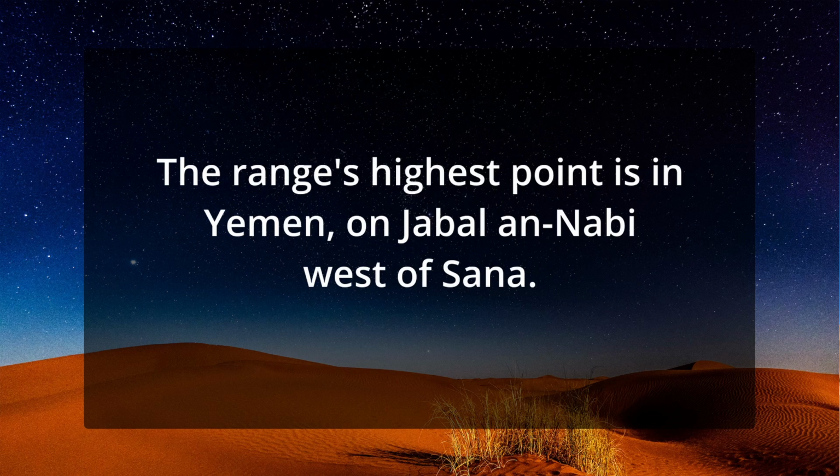The range's highest point is in Yemen, on Jabal an-Nabi, west of Sana'a. The range then makes a sharp northeasterly turn from Hadramaut to Dhofar in South Oman. Even though they are close to a big desert, the highlands don't get much rain. Rainfall also varies from about 130 mm in Arabia in the winter to more than 1000 mm in Yemen in